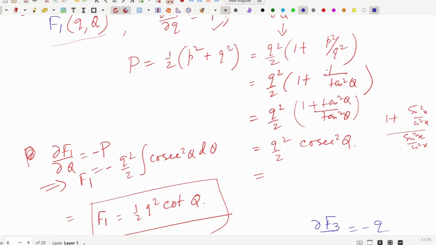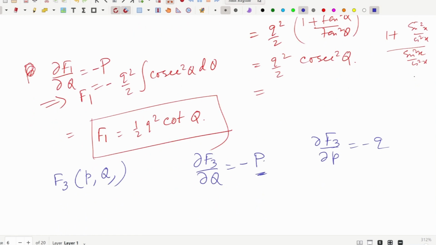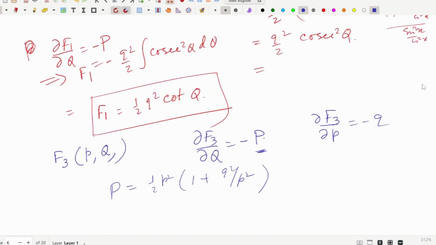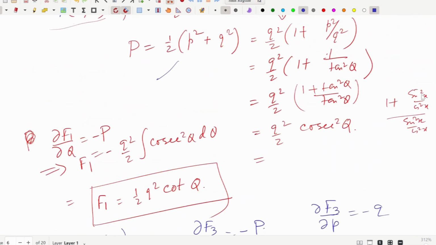So, I should take here the p square common. So, P I will consider half p square times 1 plus q square by p square. Because p is independent of capital Q,